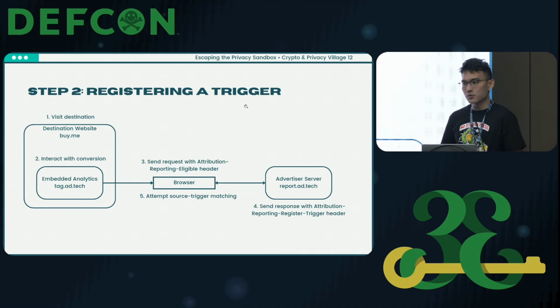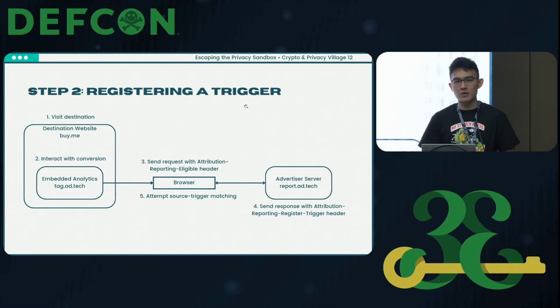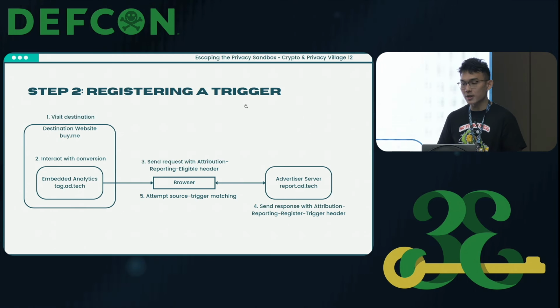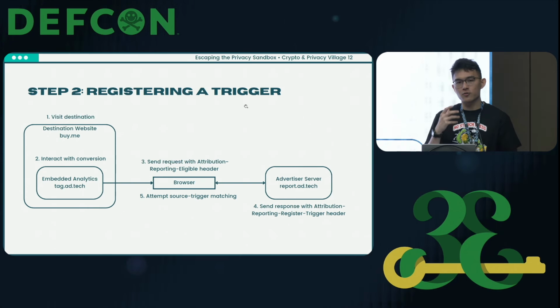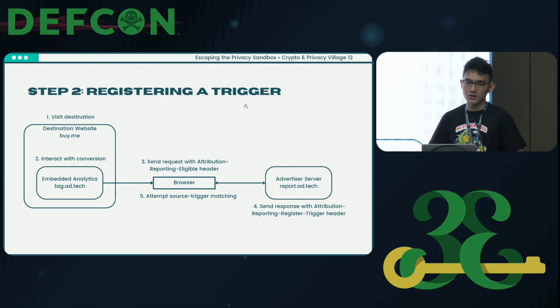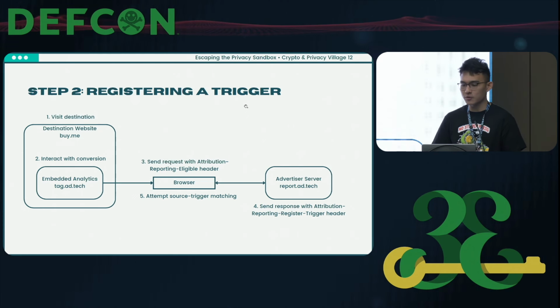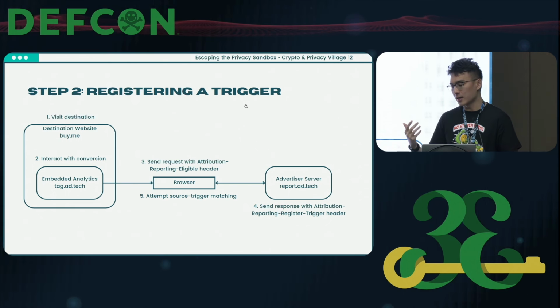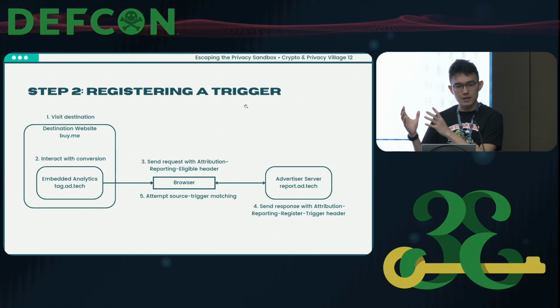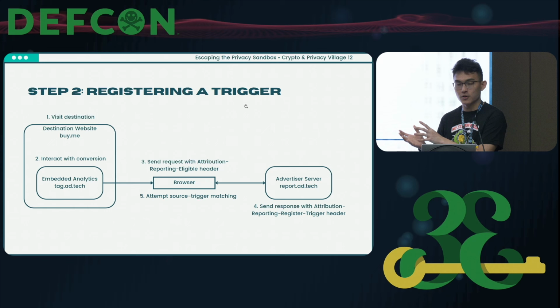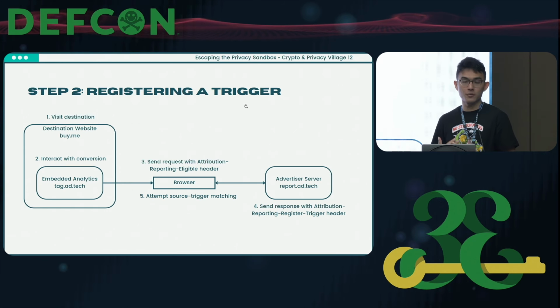So ideally, maybe you viewed the ad and you clicked on the ad, or maybe you went back later and bought something, went to the website and bought the product. When you perform that conversion action, which could be anything, you could be watching a video, you could be making a purchase, or you could just be visiting the website, then a second request is sent by the browser, again using the attribution source attribute/option, that will request a trigger. And the ad tech server would then respond with more of the trigger information that will allow the browser to